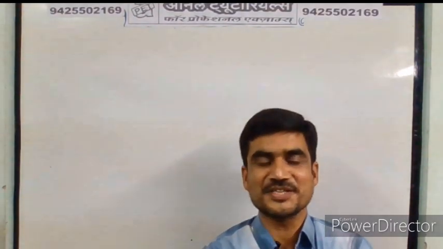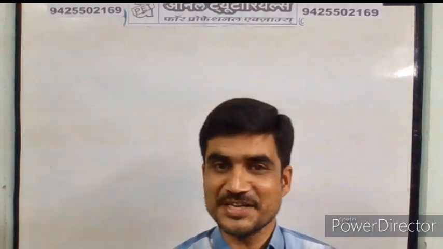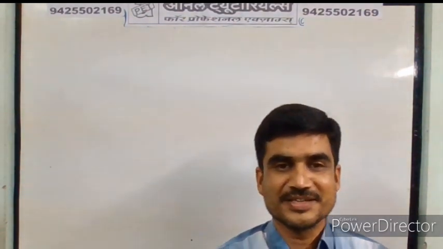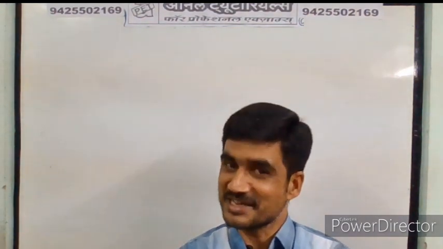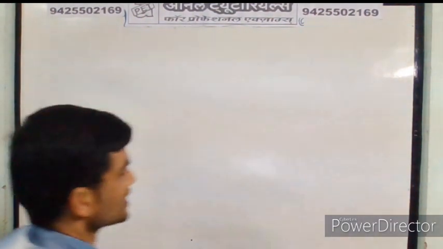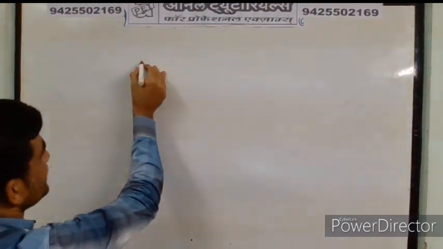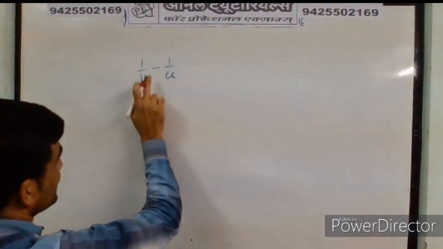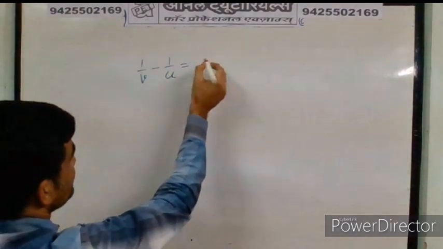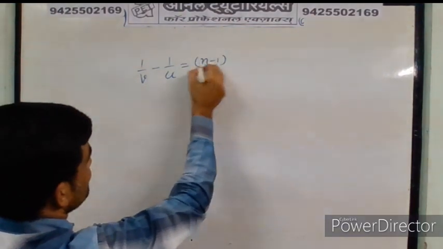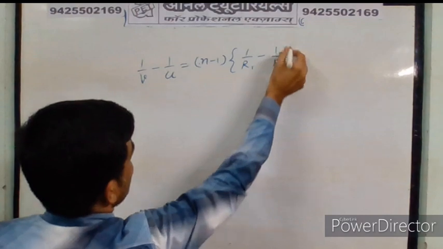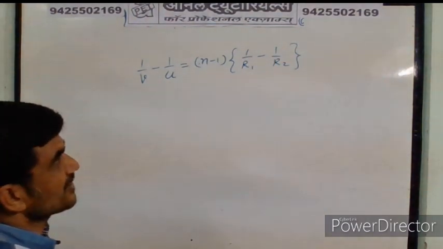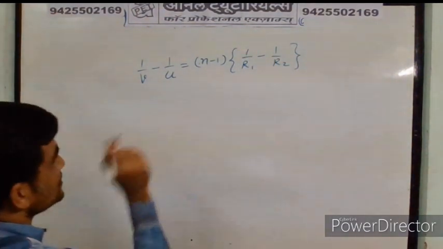Hello friends, in the last period we studied the Lens-Maker's formula. Generally one question arises: why is this formula called the Lens-Maker's formula? In the last period we saw the Lens-Maker's formula: 1/v - 1/u is equal to the refractive index of the material of the lens times (1/R1 - 1/R2), and we also